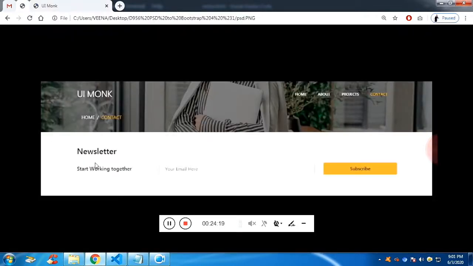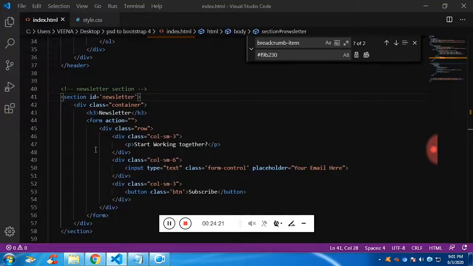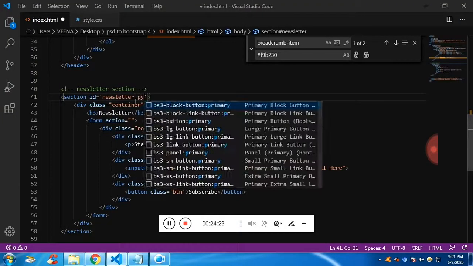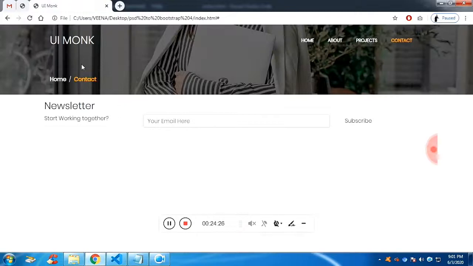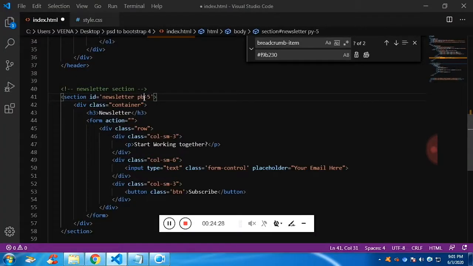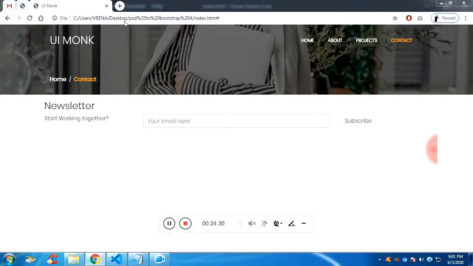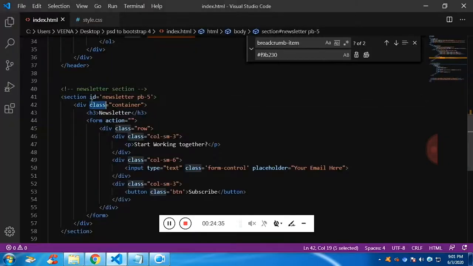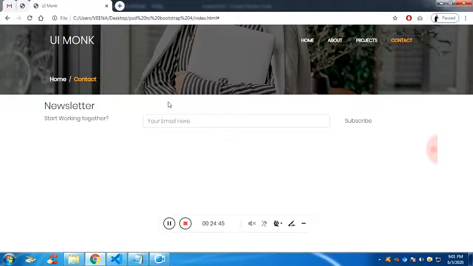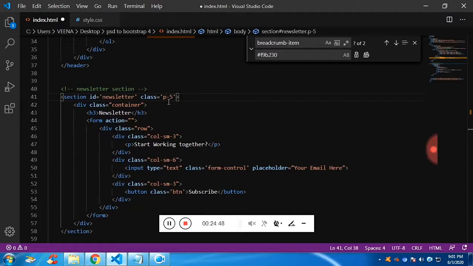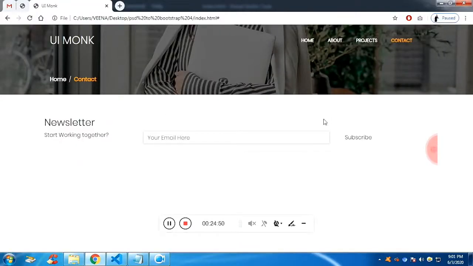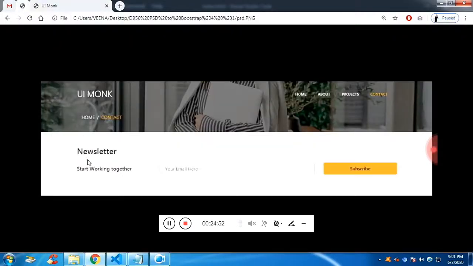You can see there is some space between the banner and the form, so let's give the margin bottom as 5. It's a class, not the id, so create a class and give the class padding bottom as 5, padding top and bottom. 5 means top and bottom, and now that's working.